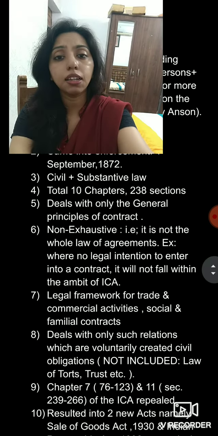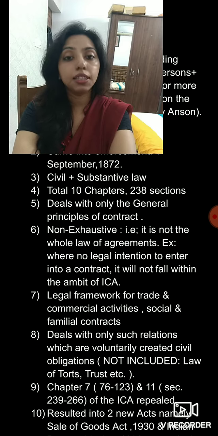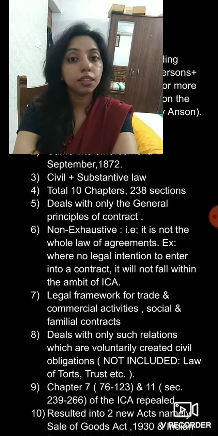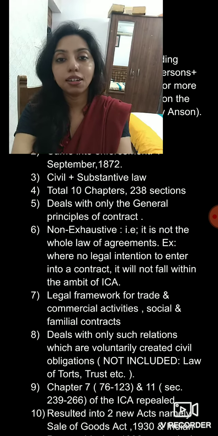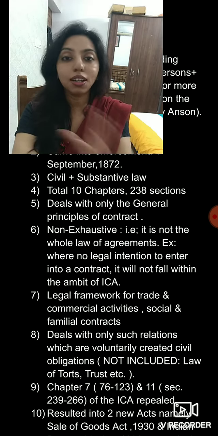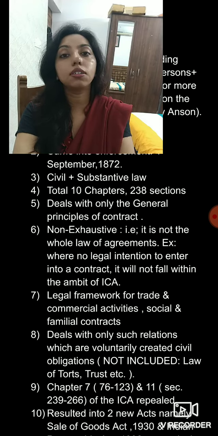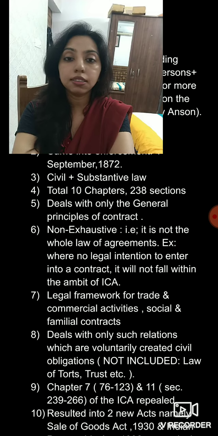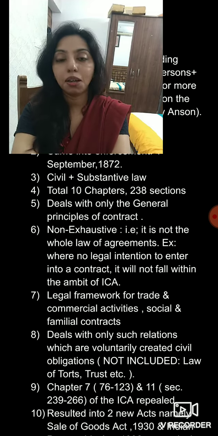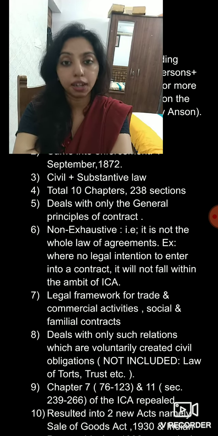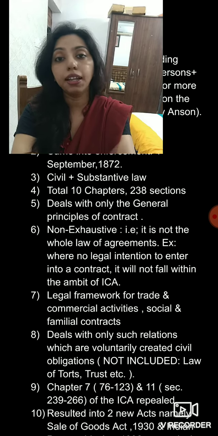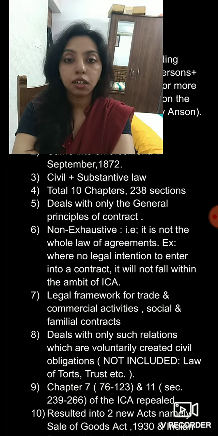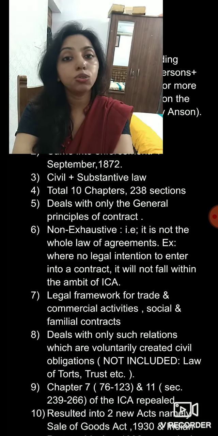This act is again a non-exhaustive act, meaning thereby that it is not dealing with the entire or the whole law of agreements. That means where the parties are entering into some agreement but they are not legally obliged to do it, or they are not legally intending to perform their part. In that case, although it is an agreement, it is not a legally binding agreement. So you can say that in such a case, the Indian Contract Act is not applicable to such kind of